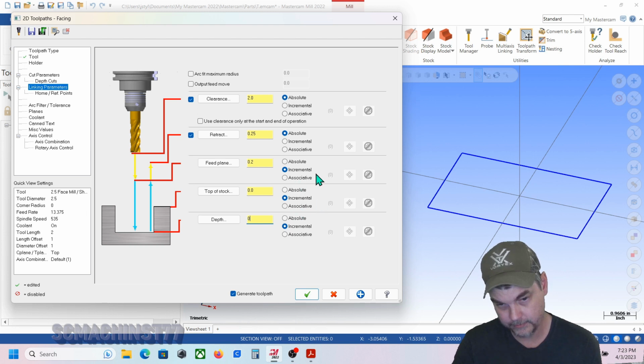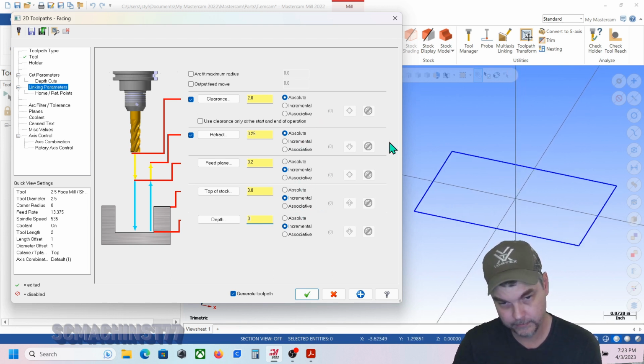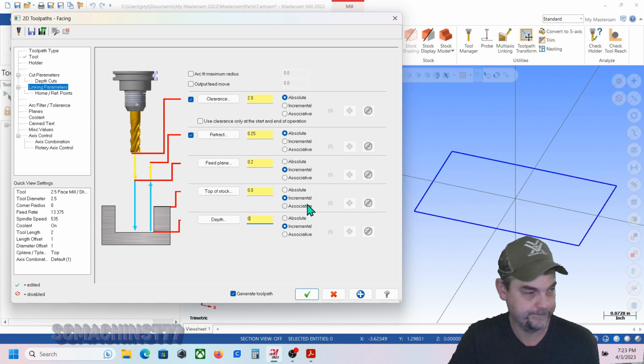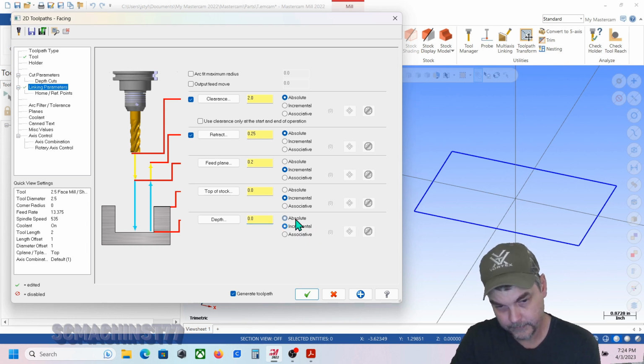I hardly ever use associative. That's something they added in later on. I don't ever use it. I like knowing. Incremental is probably more useful on solids than it is on multi-axis more than anything. So we're going to stick to all absolute, except for our feed plane, all absolute